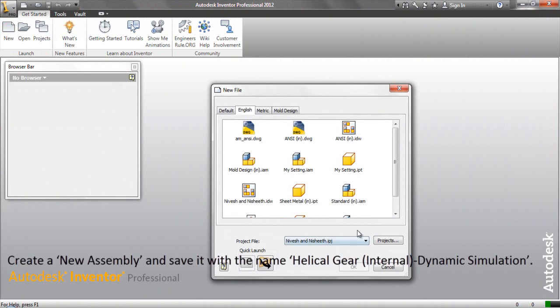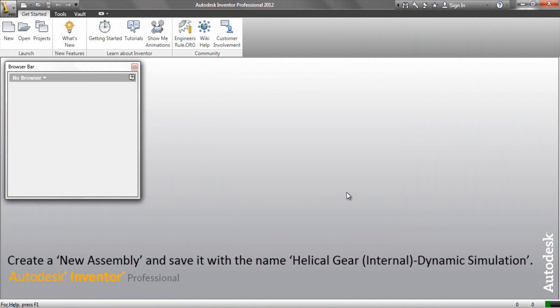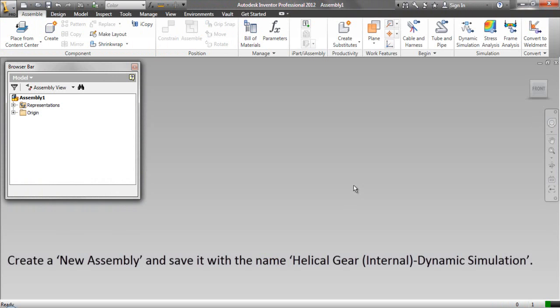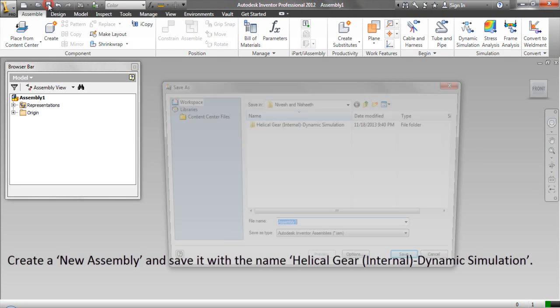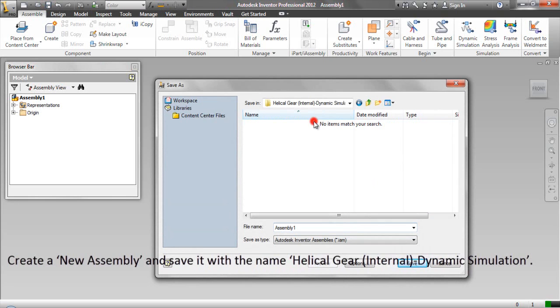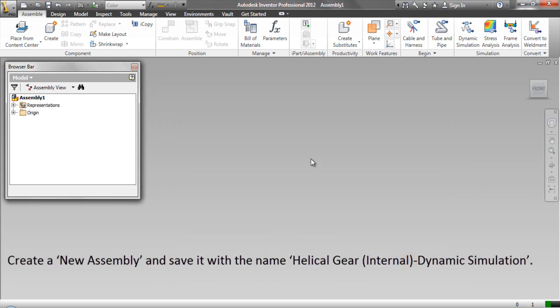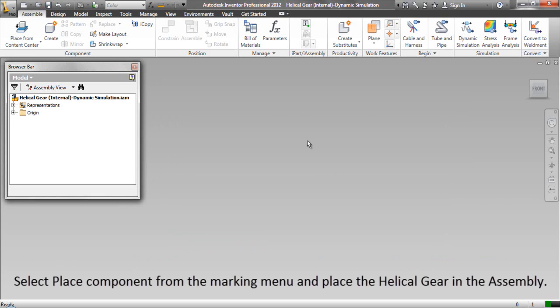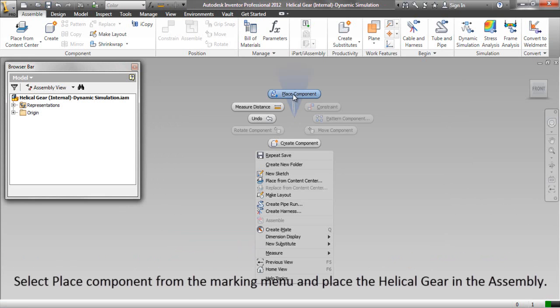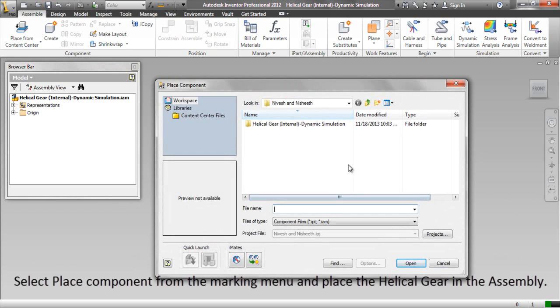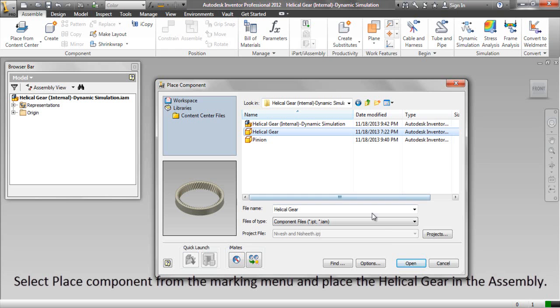Create a new assembly and save it with the name helical gear internal dynamic simulation. Select Place Component from the marking menu and place the helical gear in the assembly.